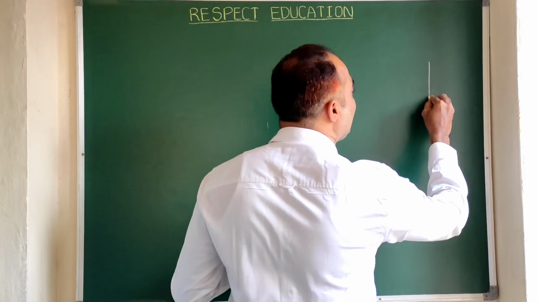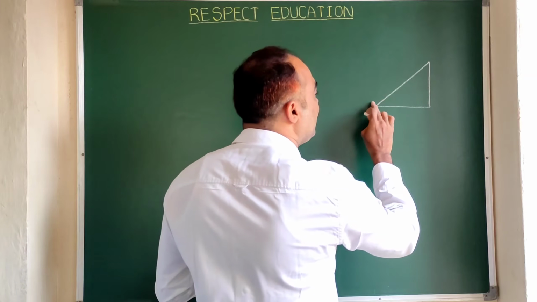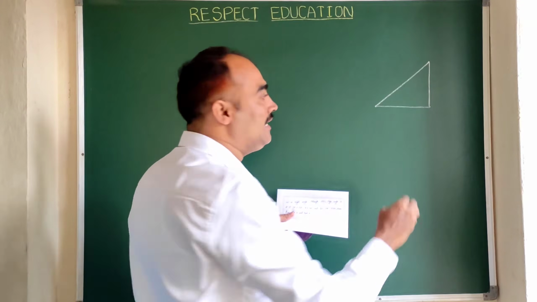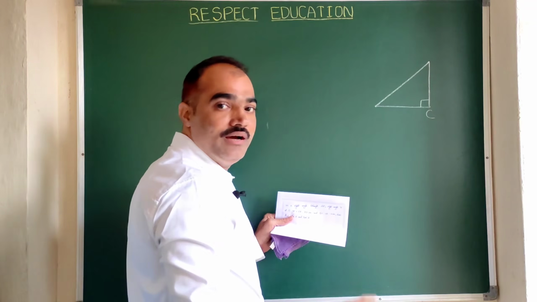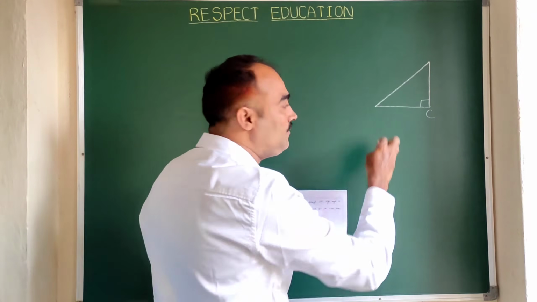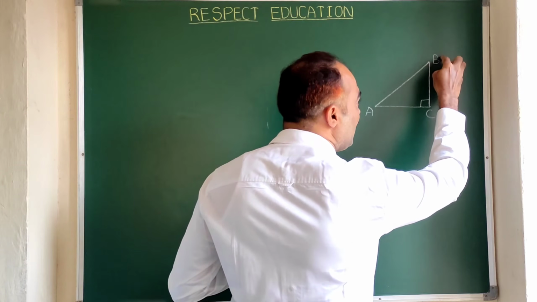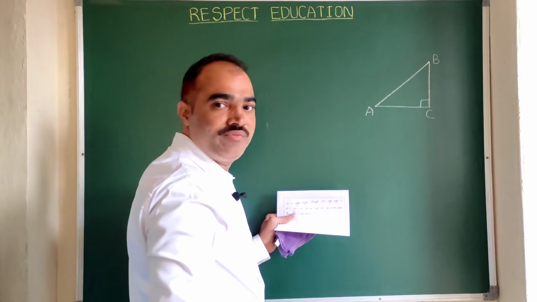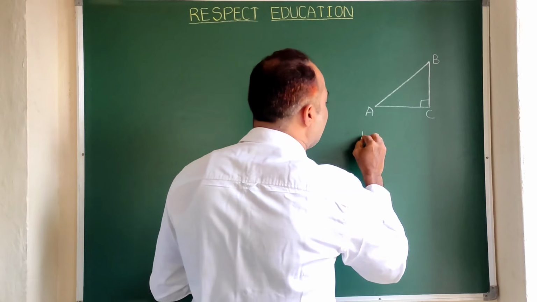ABC is a right angle triangle, right angle at C. So here is right angle. Now we can write either A here or here. If you write here A, then B will come here. Clear? Now the question is that BC plus